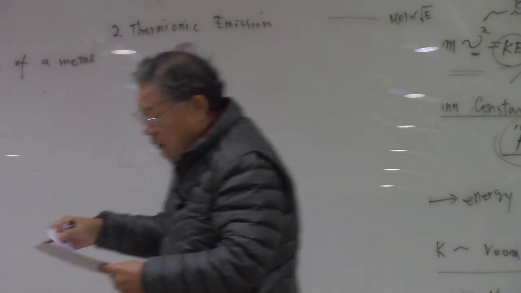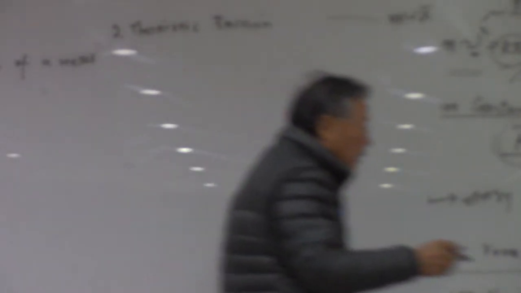And it is obvious that if you increase the temperature of the metal surface, then the electrons come out. And then you have to remember that in a metal system,